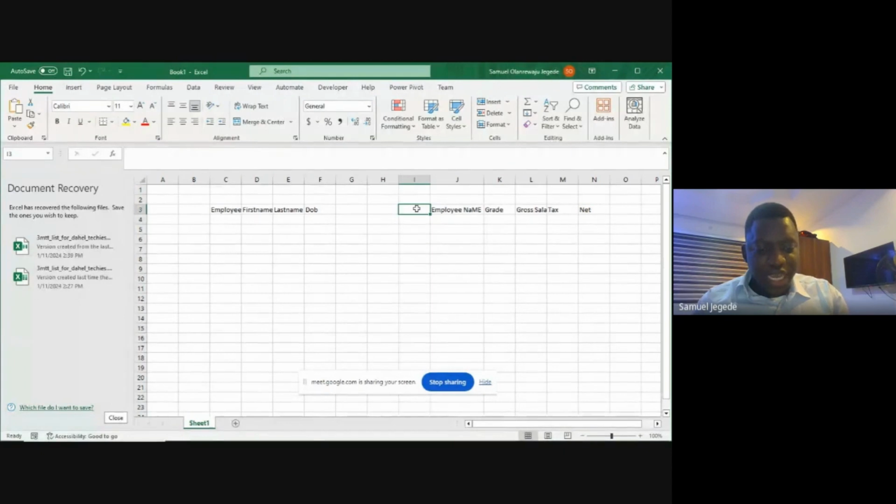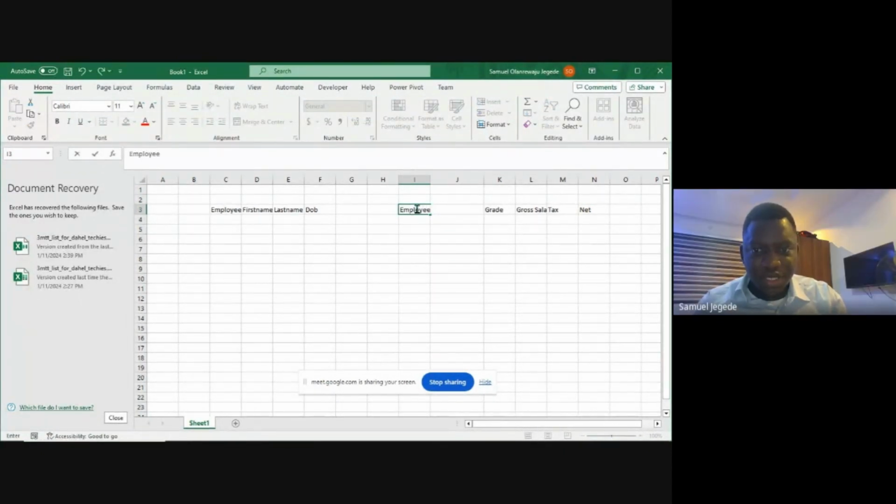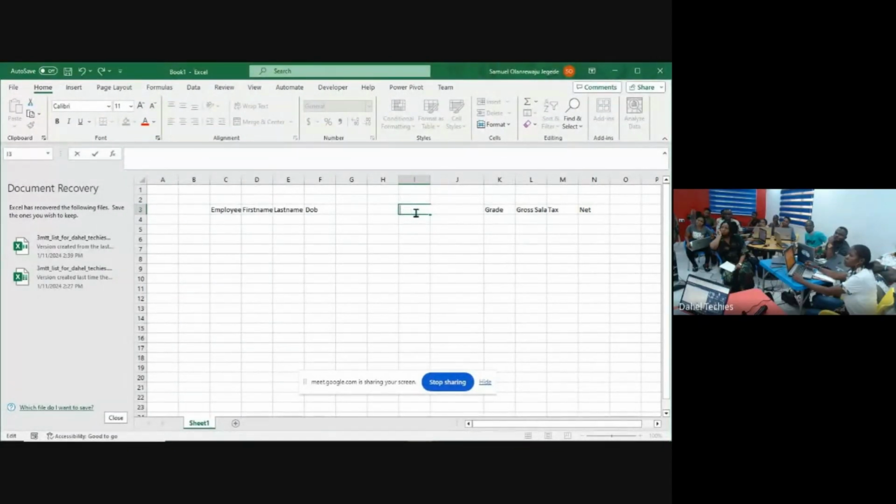And maybe employee ID. No, I might not even have employee name. I might just have employee ID. I don't need to know the names. Names are not important.